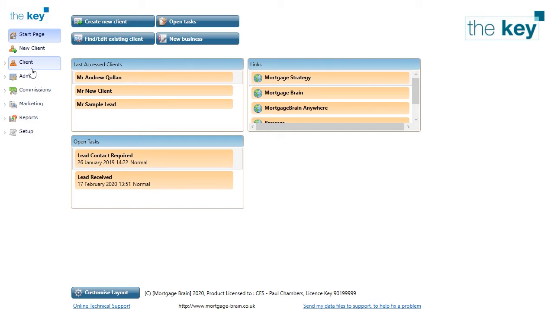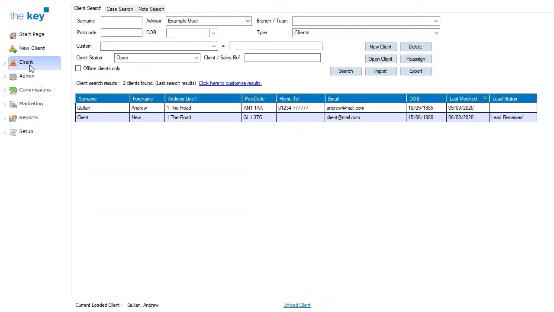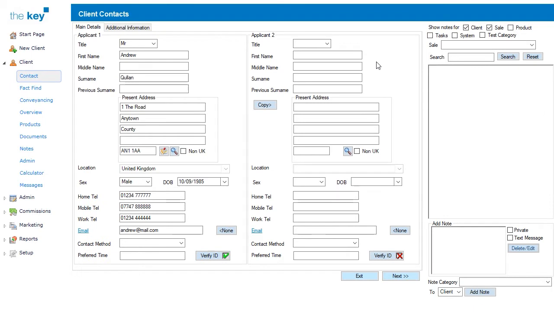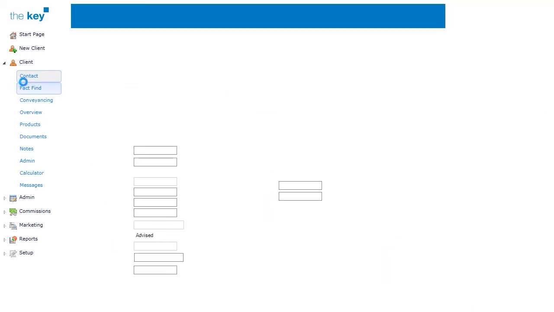To start recording a fact find, we first need to open up a client file. Go to the left menu and select Client. From there, select the client you wish to open, and then click on the Open Client button. From here, select the Fact Find option in the left-hand menu, and that will open up the Fact Find selection